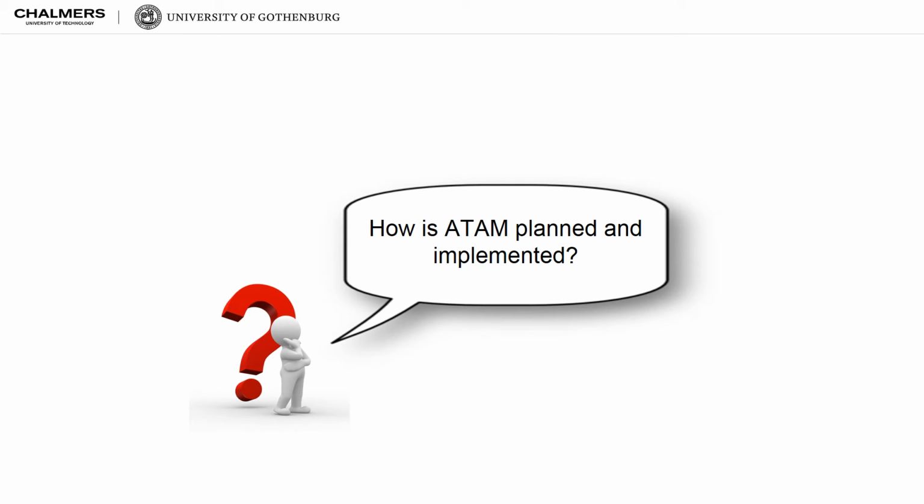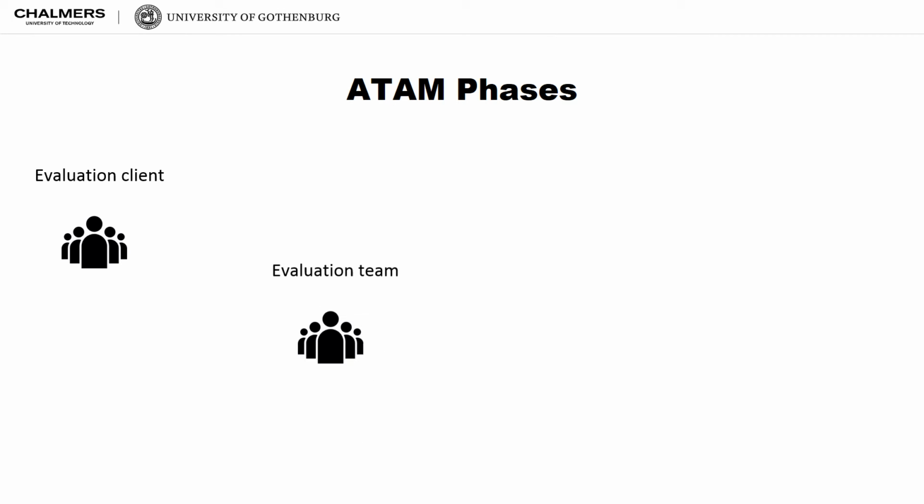How ATAM is planned and implemented in practice and who is involved. As we said earlier, ATAM typically involves a large number of participants. The first participant is the evaluation client, who is the person, group, or agency that has commissioned the evaluation of a software architecture. The second group is the evaluation team, which is a group external to the project whose architecture